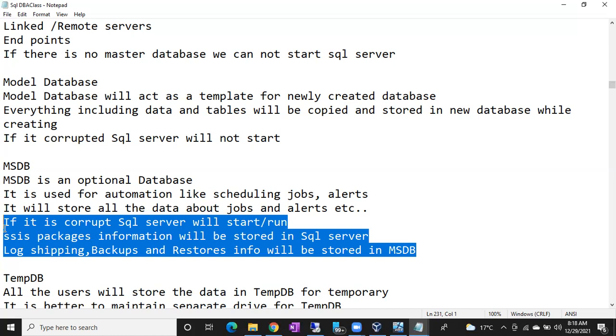Any issues, any doubts? If no doubts, let me reconnect. Okay, the question is, if the MSDB log file is full, can we shrink the MSDB log? I'll tell you, Sajal. Let me reconnect. The meeting is showing one minute. Let me reconnect. Please use the same link.